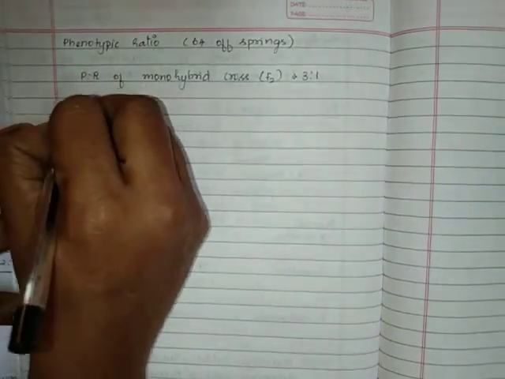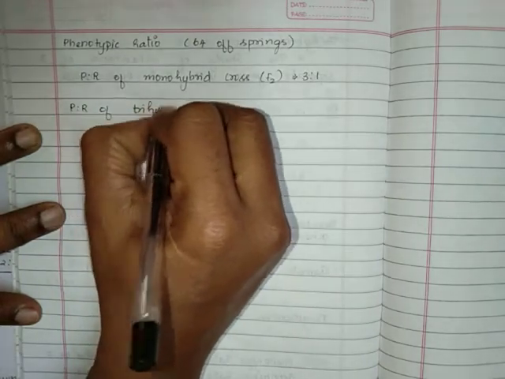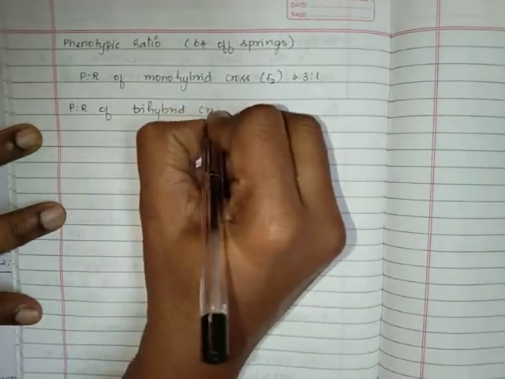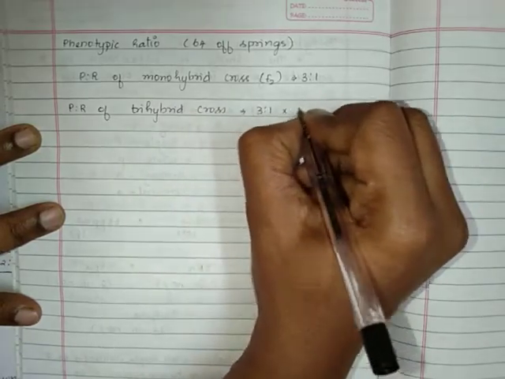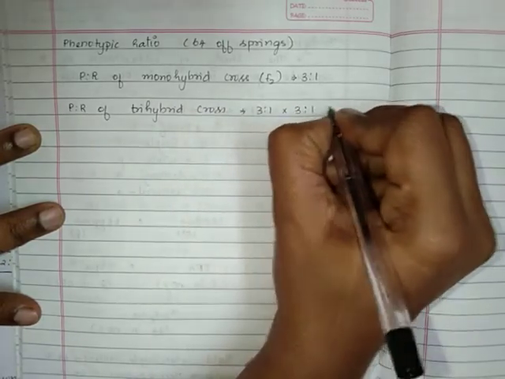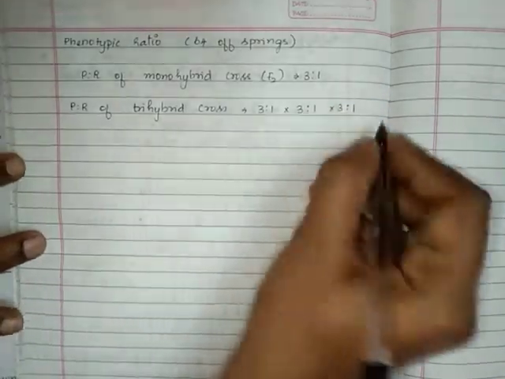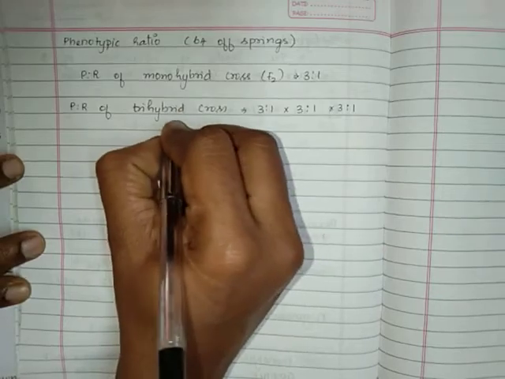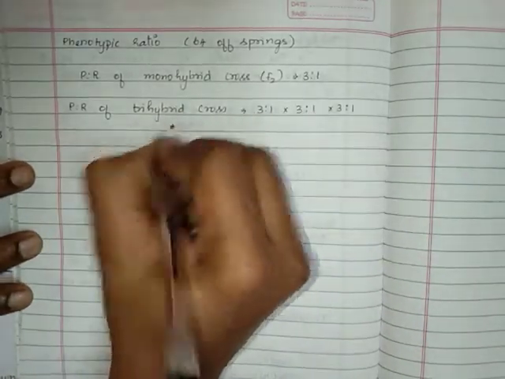So now, the phenotypic ratio of trihybrid cross is going to be 3:1 into 3:1 into 3:1. This is not just like that, simple multiplication. So it is going to be, one more thing we know is